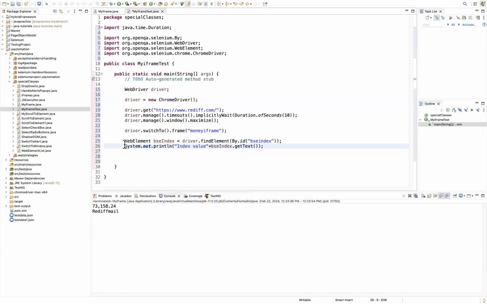All right. So with that, we are going to switch to the iFrame to perform an operation on a web element which is sitting within that iFrame. In this case, the iFrame name is money iFrame. So we are passing the ID of this iFrame, and then we are taking this ID, which is BSC index, and this is sitting within the iFrame, and then we are capturing the text of it, right? And the next one,